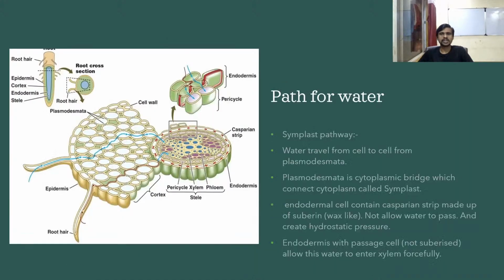Okay, let's see the second one. The second one is the symplastic movement of water. In this movement, see this second line, the bluish line, the complete path of water is through the living pathway. In apoplast, water moves through the dead part, between the two cells and only the cell wall, not entering any cytoplasmic area.